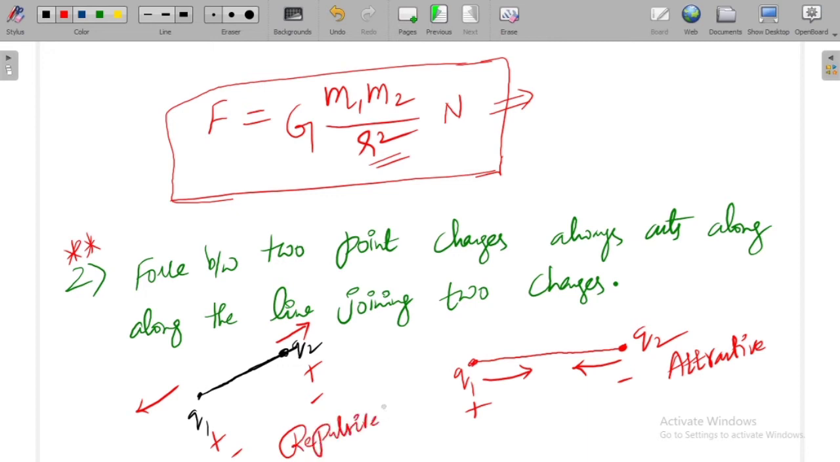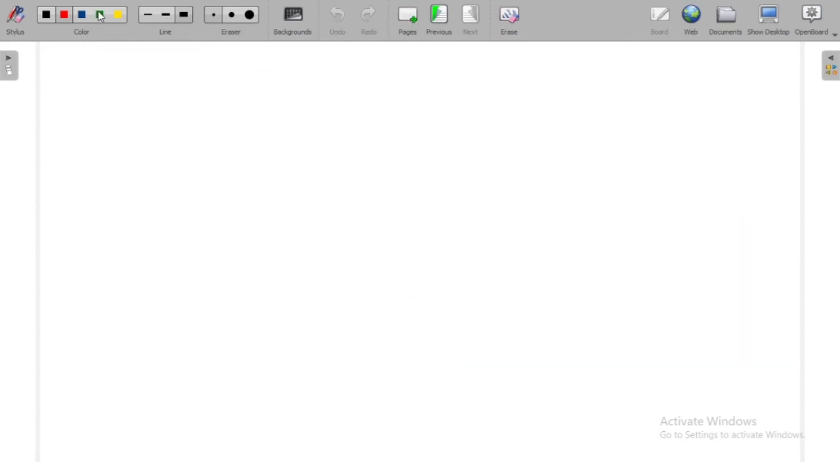We all know from our basics of physics that like charges always get repelled and unlike charges always get attracted. So this is an attractive force and this is a repulsive force, right? So the force between two point charges always acts along the line joining the two charges. This is one more fact. And the third fact, which is very important